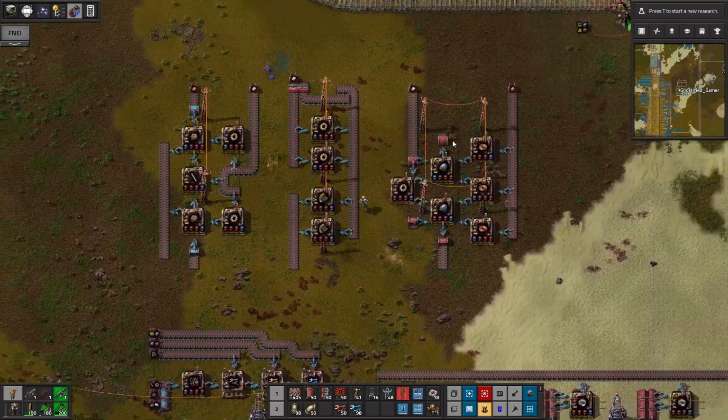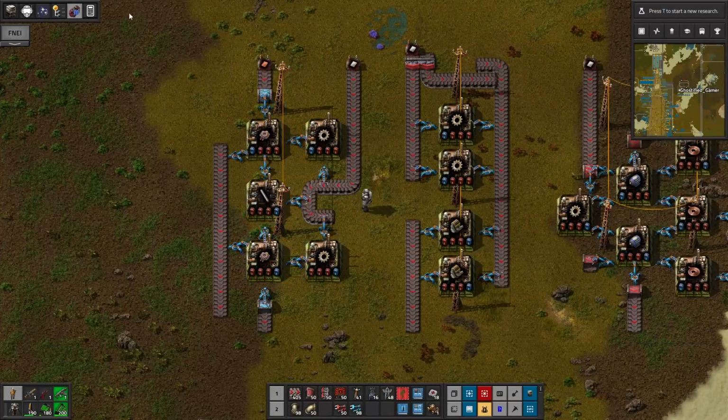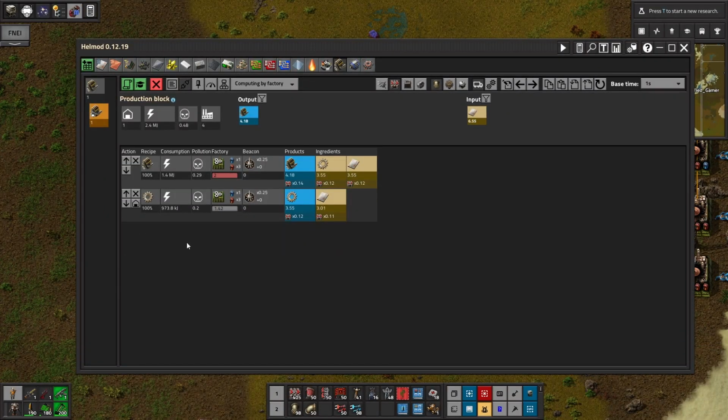So anyway, let's go over this here. This is the automation core. It worked. I did all this in Hellmod, but this gives me a general idea. What I did is computing by factory. I just want to know how many machines I need to get this to operate. I didn't do this in the beginning of the series because I just wanted to get through the sciences and get rolling. But as you can see, it's almost